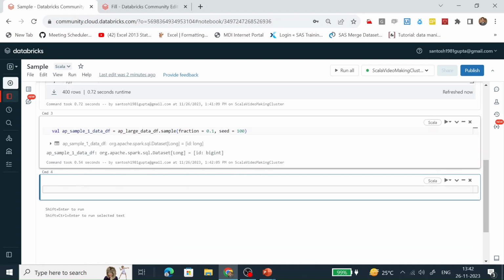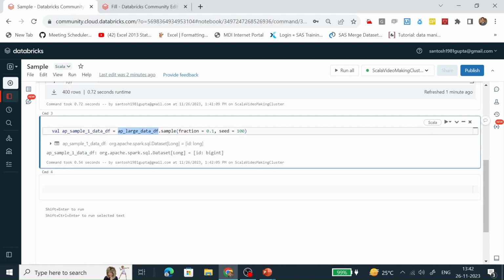What I'm doing here is, from this data frame with the help of the sample function, getting a sample of fraction 0.1. Whatever data is present in this data frame, 0.1 of the data will be taken as a sample and stored in this data frame, and the seed we are giving is 100.